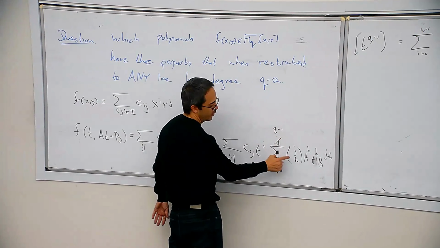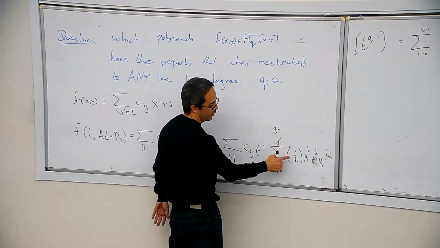Now they have to be between 0 and q minus 1, such that j choose q minus 1 minus i is 0 in the field. The field may be large, but this is an integer, so it's either 0 or 1, just by how many times you add 1. For example, if i plus j is smaller than q minus 1, it's not so easy. But this is the number.